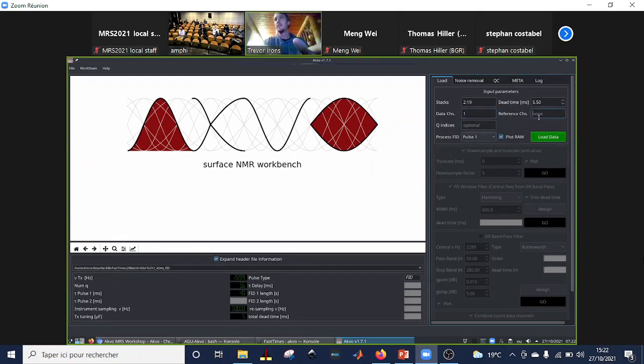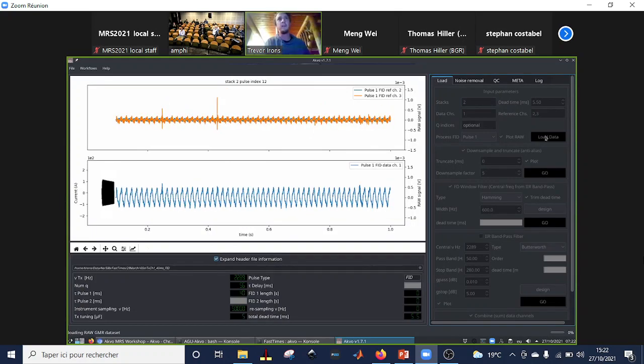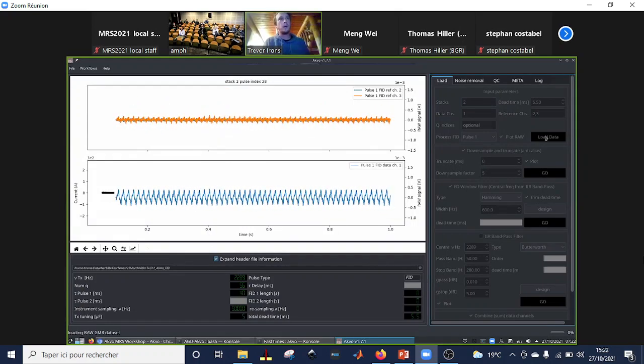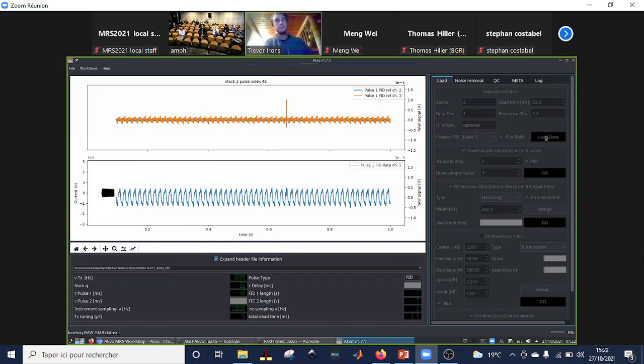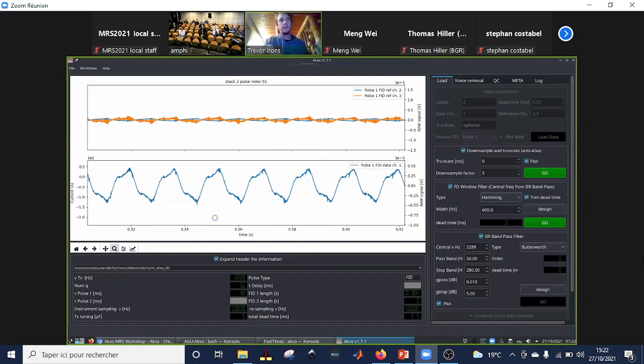And then you can select your dead time and your reference channels. In this case, 2 and 3 are reference channels. I'm not going to import all of them right now, but you can import these data sets, and it reads the file. And you can see the raw data that you're working with here. After it imports, you can look through, and we see a lot of harmonic noise in this data set,